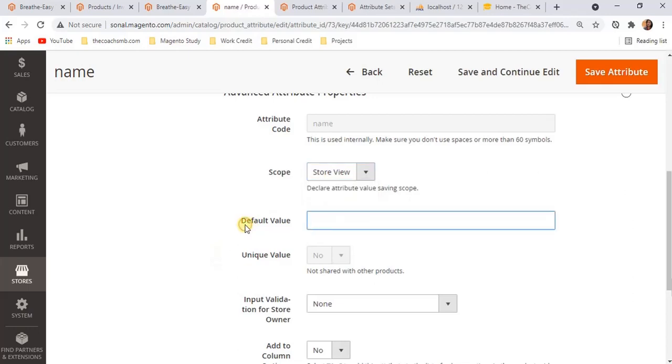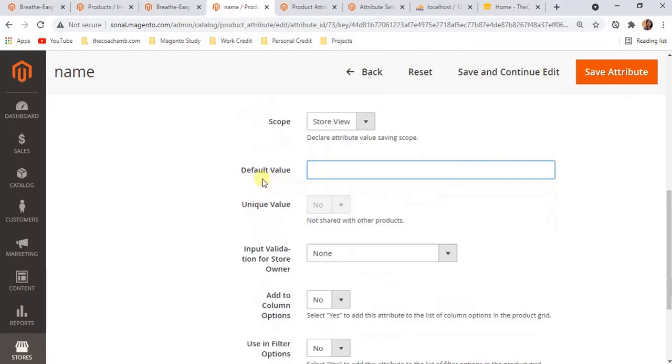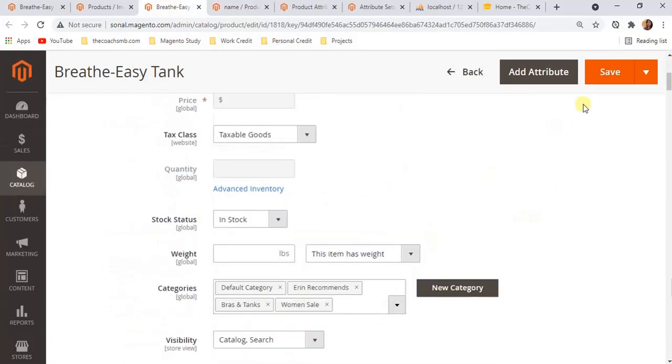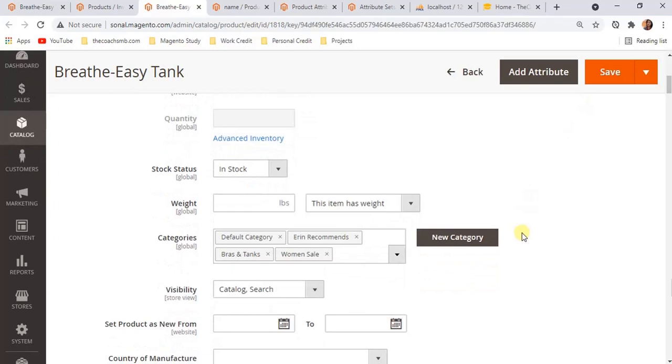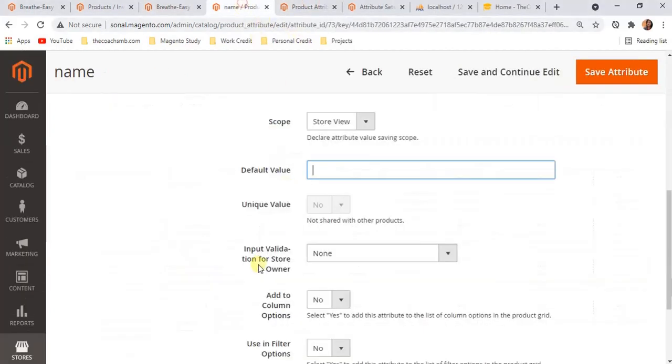Then there is a default value option for creating attributes. What is default value? When we create a product, whatever value is appearing here will display automatically, okay, and we can save it directly. But what if there are already created products, and now we are going to create an attribute which requires a default value?